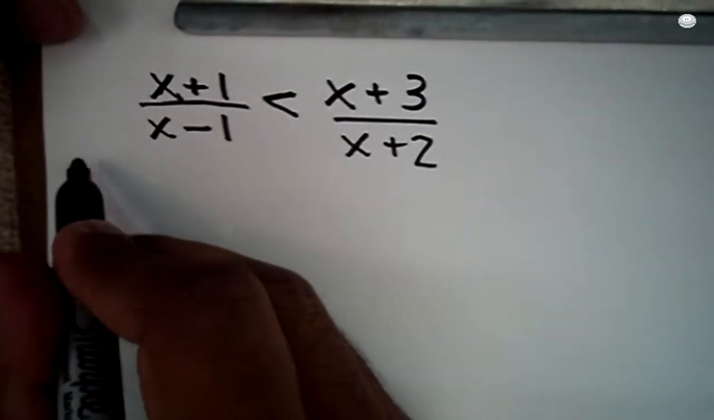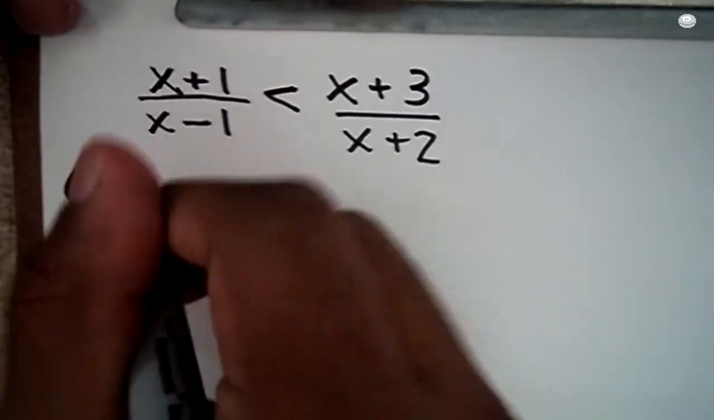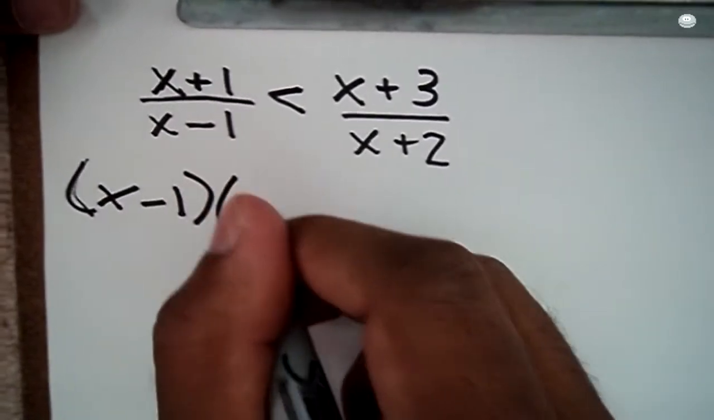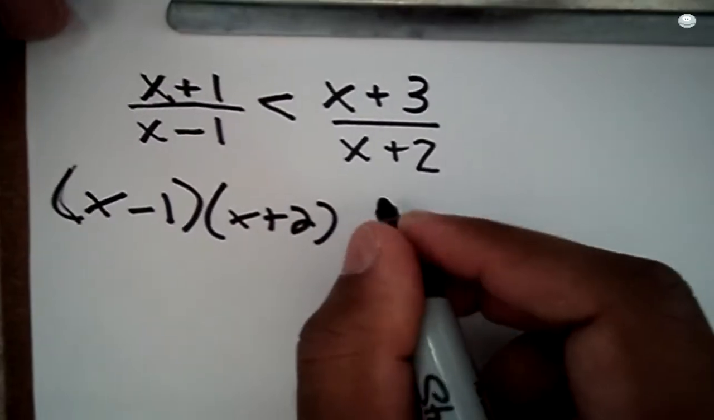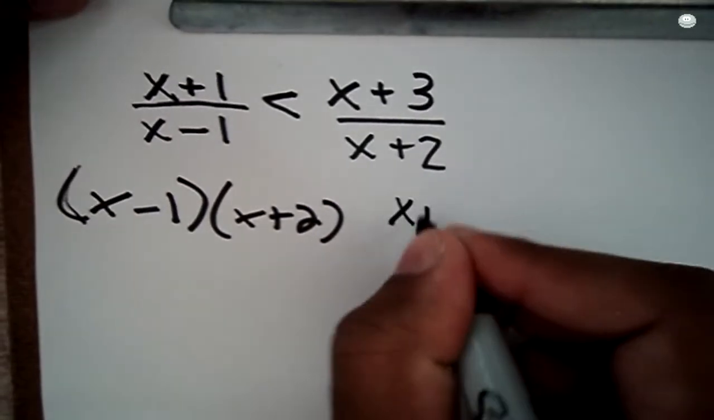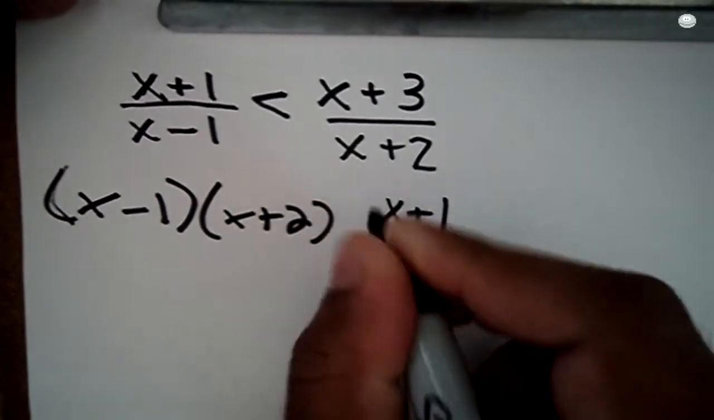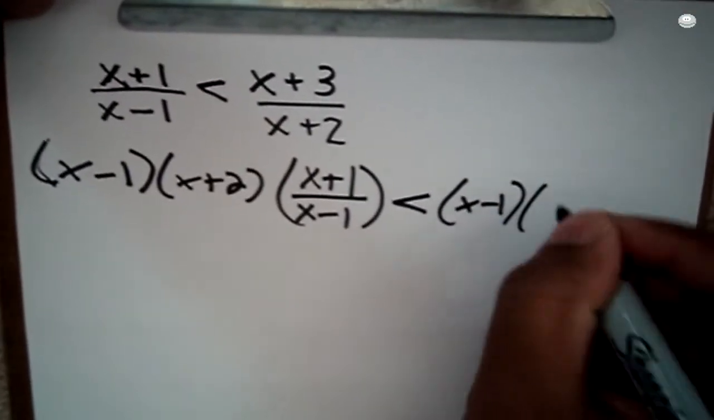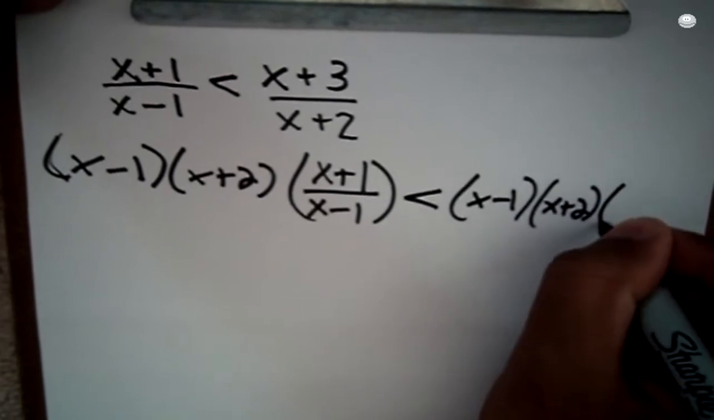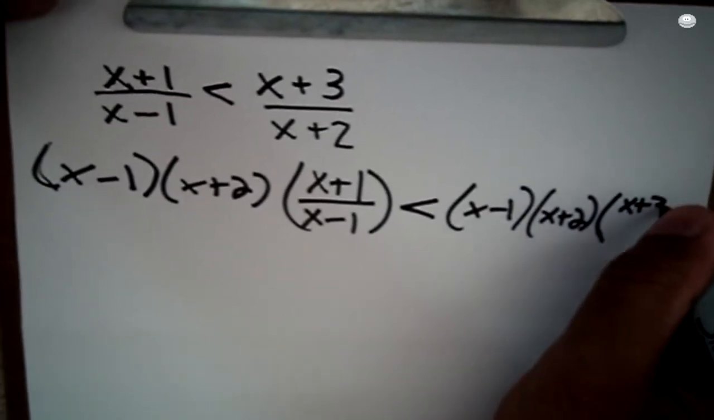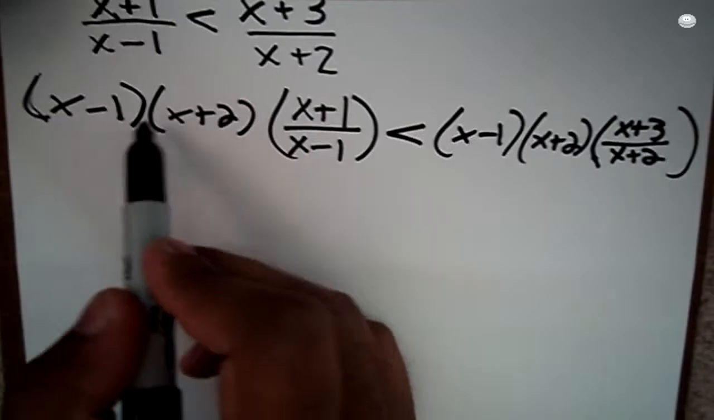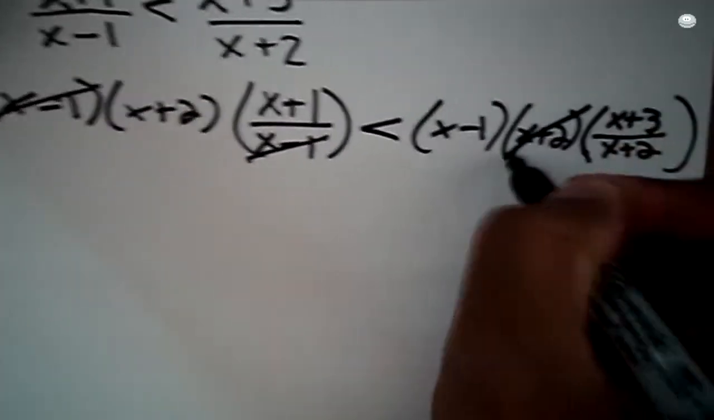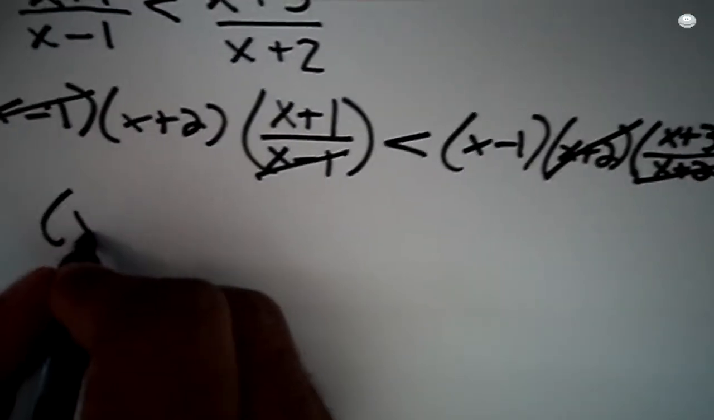Okay, so let's do this. As you see here, I'm multiplying the denominator, or in other words, the fraction itself. Whatever, you'll see. We're multiplying. This x minus 1 cancels out with this one, and the x plus 2 here cancels out with this one. So what we have left is